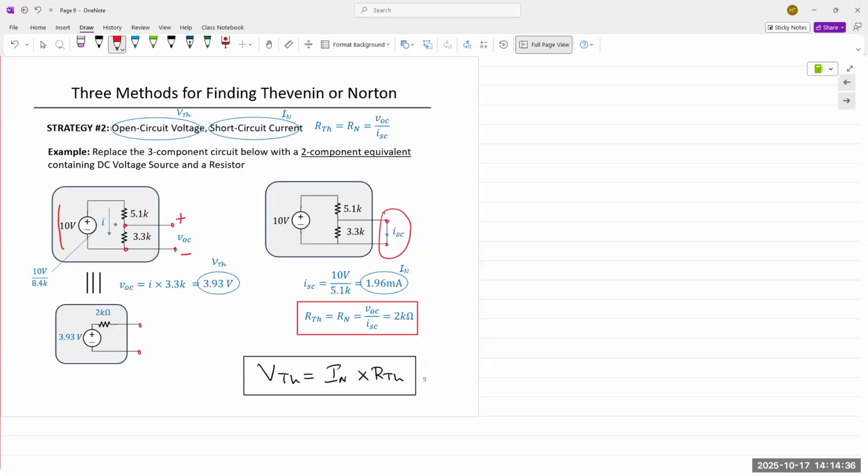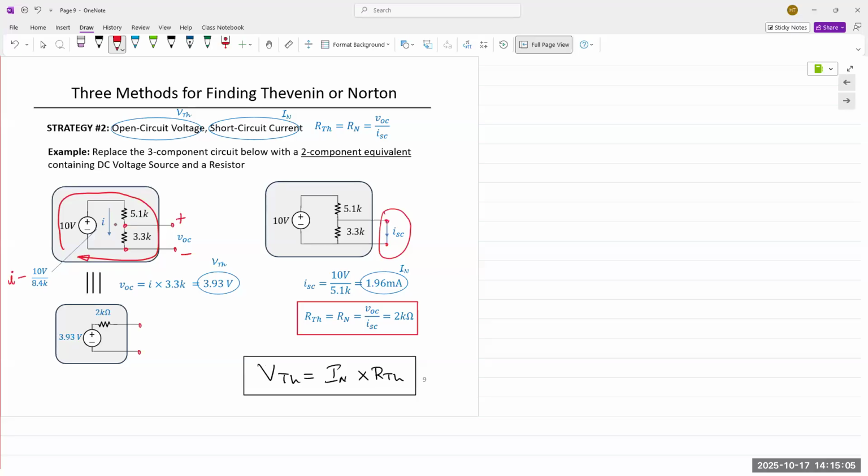We have current that comes from here and flows through both resistors. There is no other pathway for the current to flow through. So if the same current is flowing through both resistors, what can we say about their connection? Anyone? They're in series. So if they're in series, we can apply Ohm's law